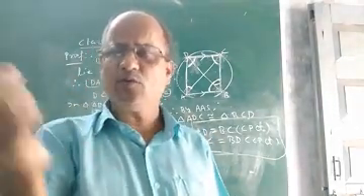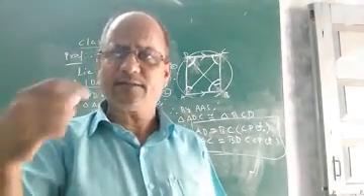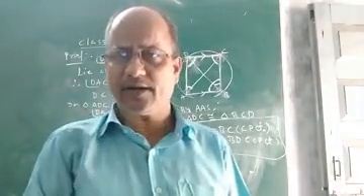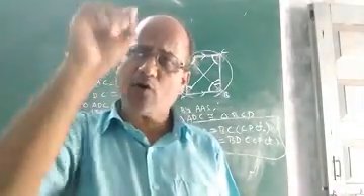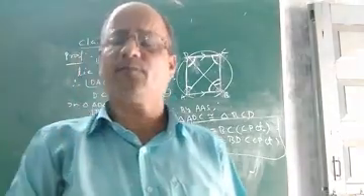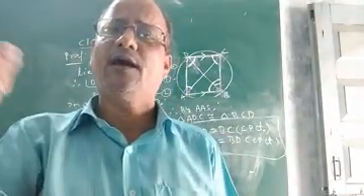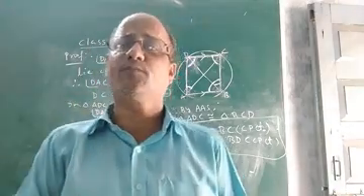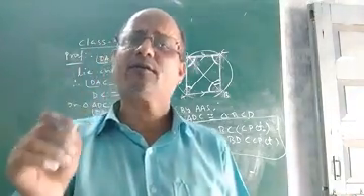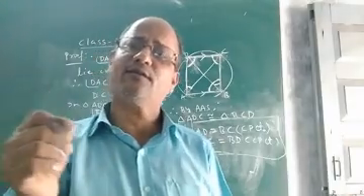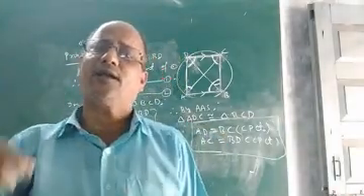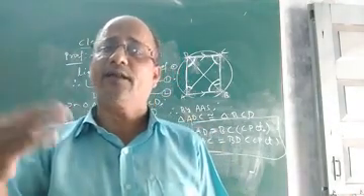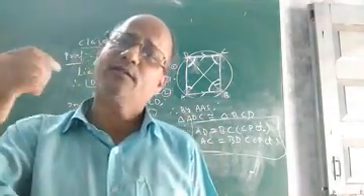Another one or two properties are left, which we will discuss in the next class, so that the chapter Circles of class 9 will come to an end. And after all the chapters are completed, only then is it possible for me to discuss all the exercises. I shall go through the exercise questions of NCERT as well as questions from different reference books, only after the completion of all the chapters. So we shall discuss a few more properties of cyclic quadrilateral in the next class.